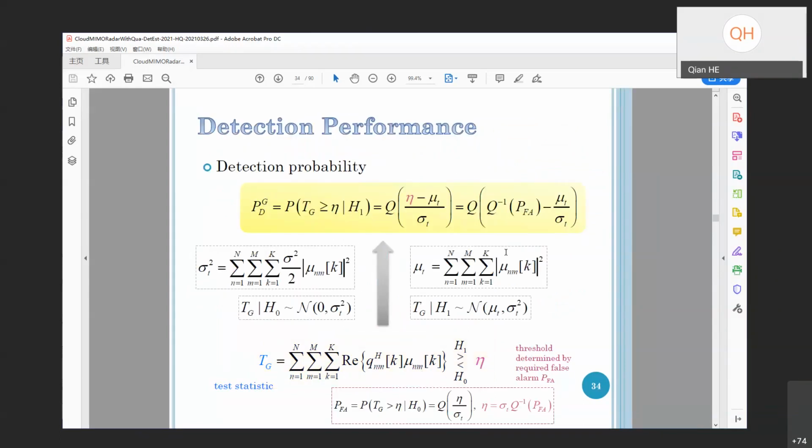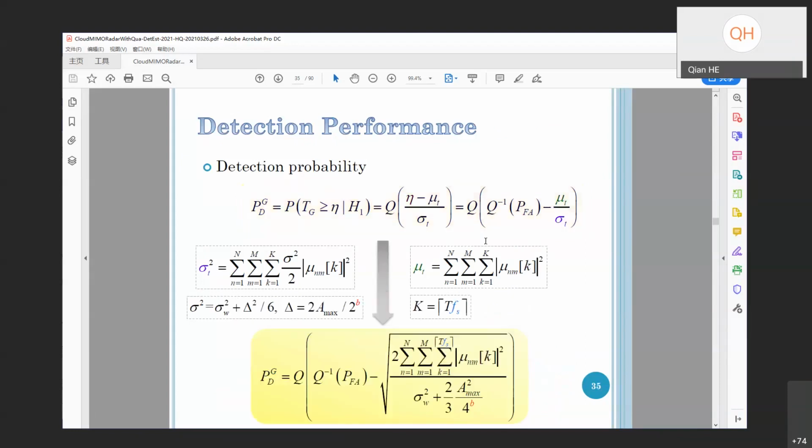And this is what we obtained. I think maybe you're not interested in the detail, but this is what we obtained. It's a Q function and a bunch of known stuff. It turns out if you plug in the stuff we defined earlier, this is what you end up with. Q is the Marcum Q function, right? So this is an inverse function, and P_FA is given, supposing we use Neyman-Pearson detection. So the probability of false alarm is predetermined. So this is a given value. So you just look at this guy, you can see the detection probability has to do with all the parameters inside of this,